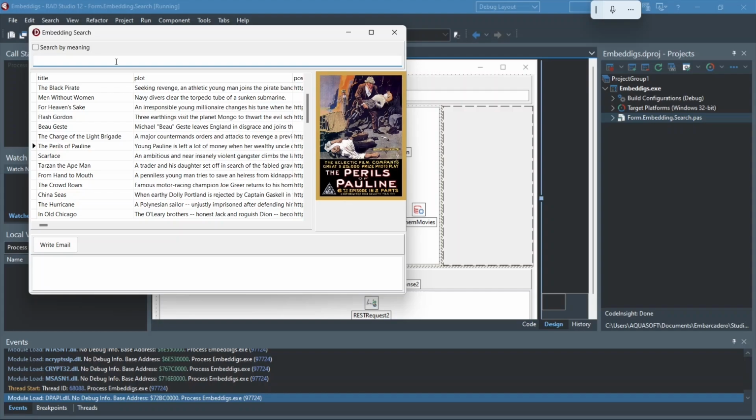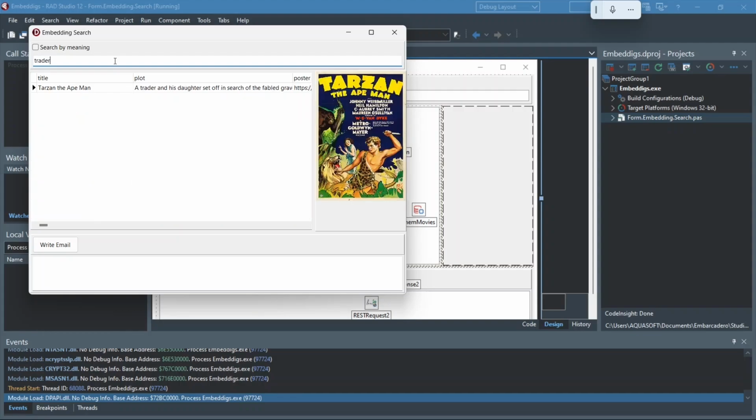We can search inside of this movie list, like informing something that has here in the plot, like a trader. Here we have the word trader. So if I type here trader and search for it, I will have only a movie about a trader, but I will not have a movie about trade something. I will not have movies about other things related to the trader word, or even other things related to the trade concept.